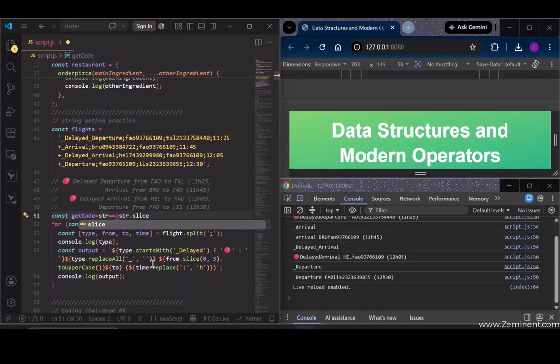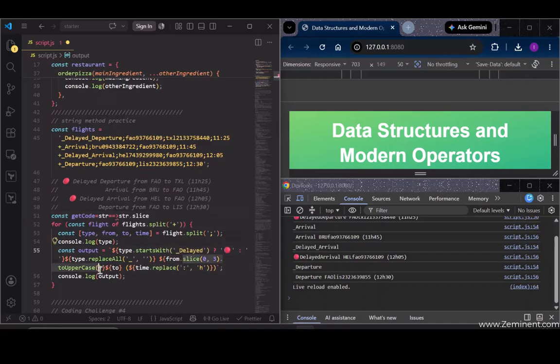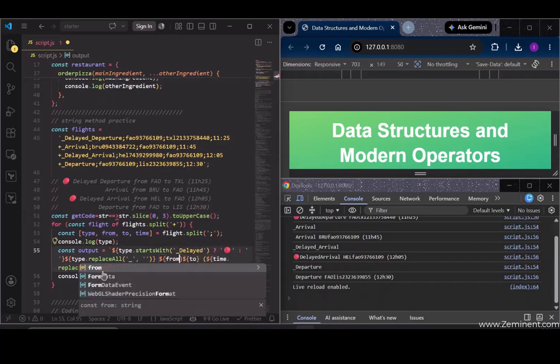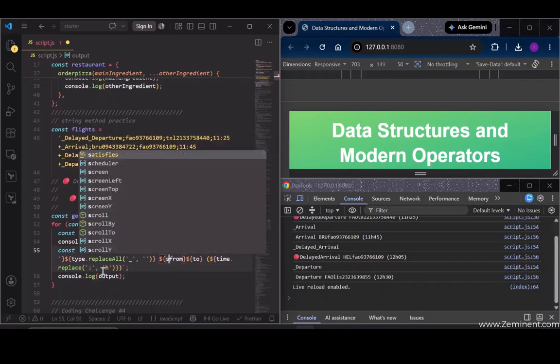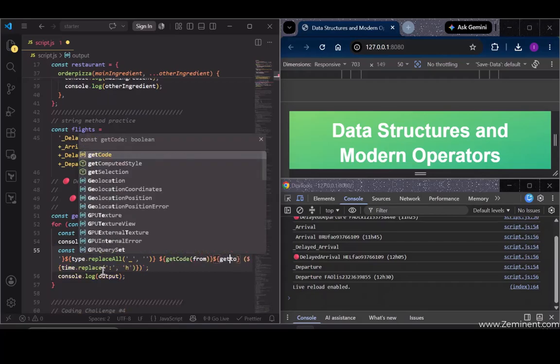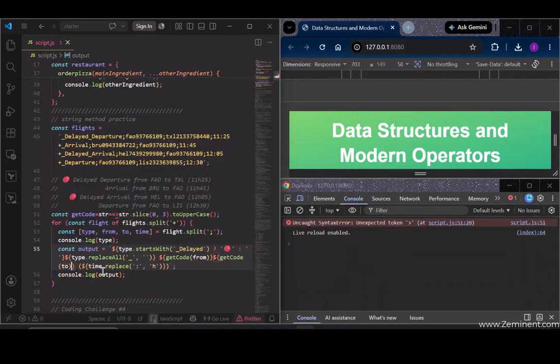So basically this, we paste that here, and then we'll just remove everything here, and then here we'll just say getCode of from, and then here we'll just say getCode of 2. So when we save it,